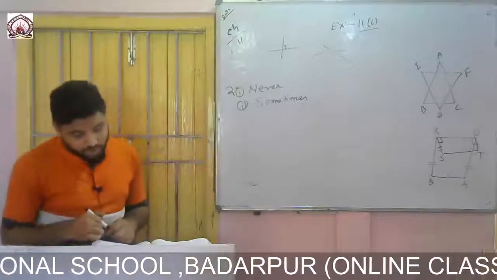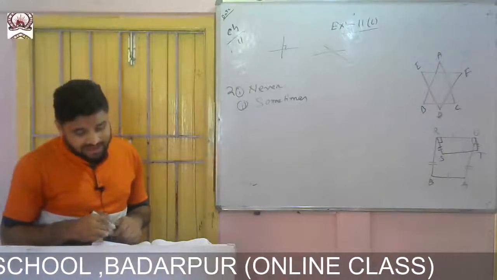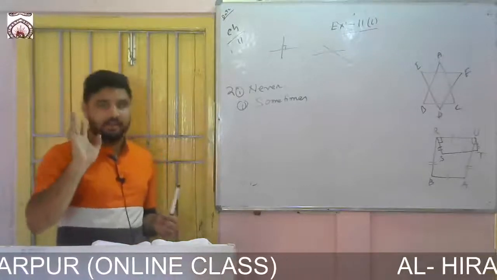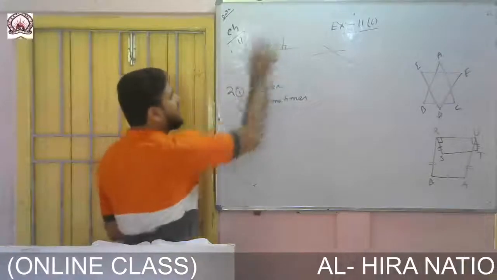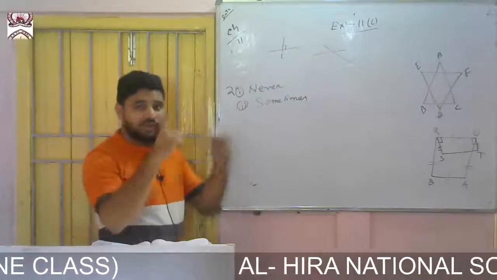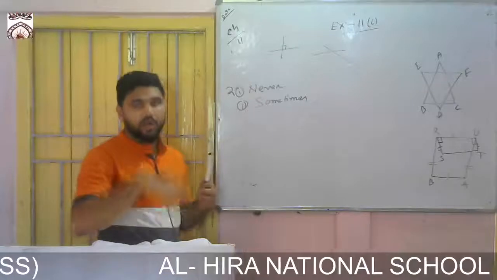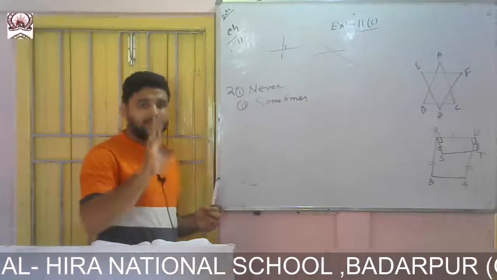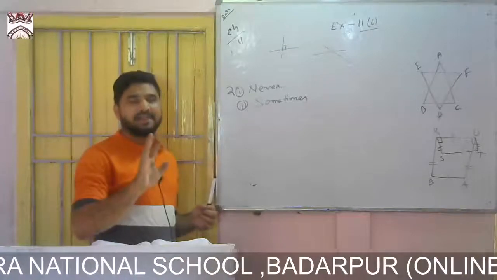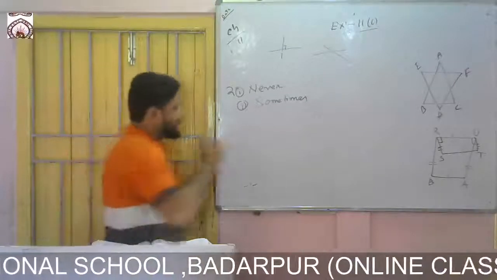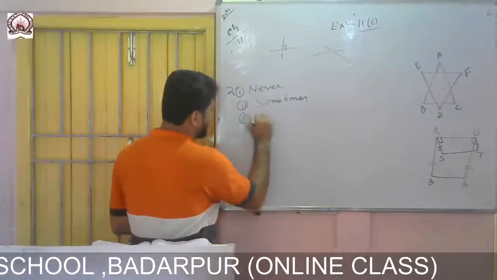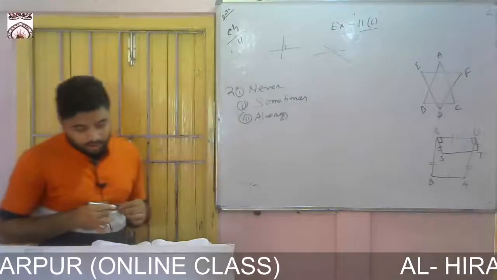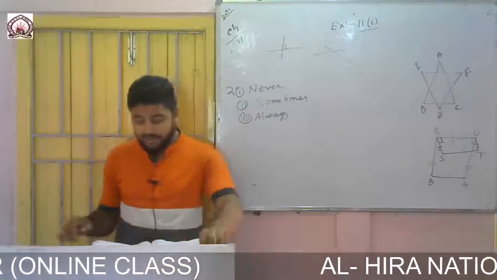Okay. So perpendicular lines are intersecting. Yes, it is sure. Because whenever two lines are perpendicular, that means they should intersect and make 90 degree. Whenever two lines intersect, then what angles come? So perpendicular lines should both be intersecting lines. So it is always. Now come to question number 3.